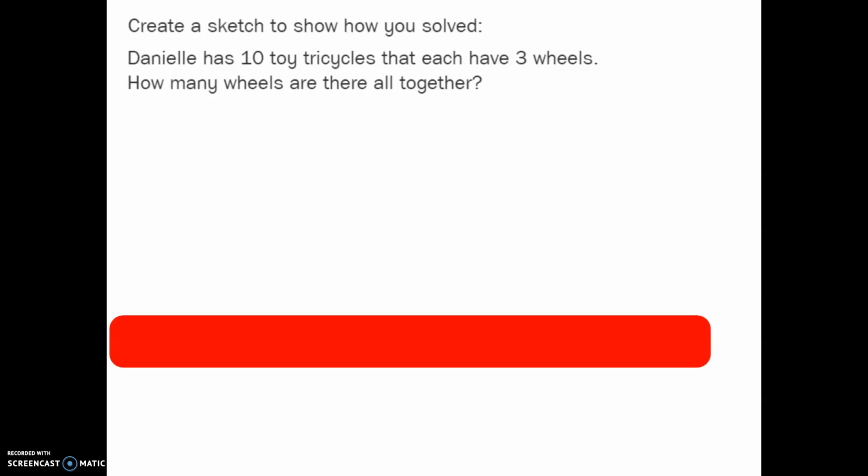Alrighty, here we go. So we're going to try this one. Danielle had 10 toy tricycles that each had 3 wheels. How many wheels are there altogether? Well, let's go back and reread the problem. She has 10 toy tricycles, and they each have 3 wheels, and I need to find out how many wheels